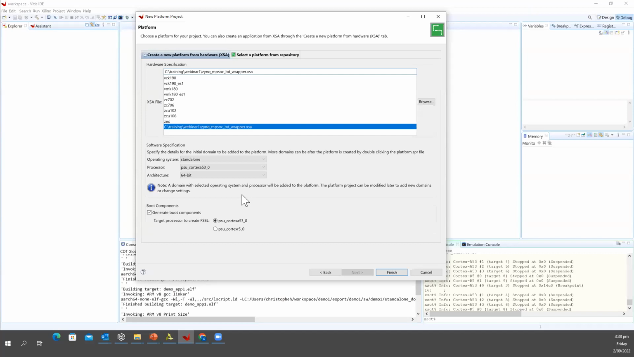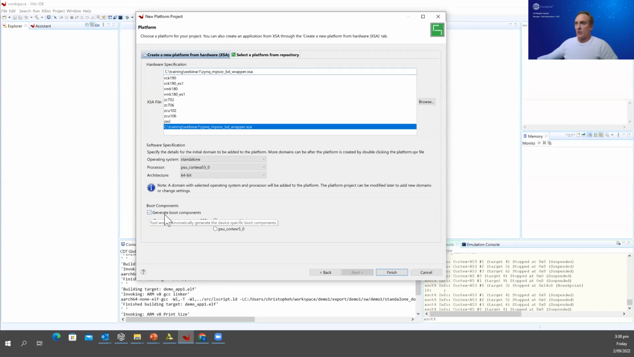So once it's read the hardware specification, it automatically completes these fields for operating system and processor. I'm going to leave it like that, which is fine. Also, just ensure that generate boot components is checked. So it will generate the first stage bootloader as well as platform management firmware, as well as some other important